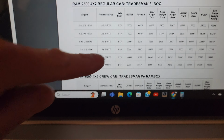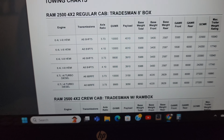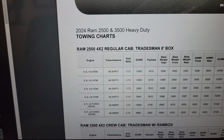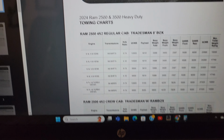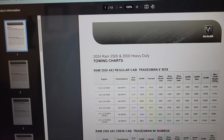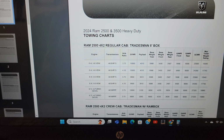Again, the biggest problem with these is they're just not truck specific. They just kind of give you the ballpark as if it is just a 4x2 regular cab Tradesman 8-foot box. They don't really break it down if you're getting, say, a Limited or the Tungsten or whatever else you're looking at in that realm. So I will link all of these down below so you guys can check it out,